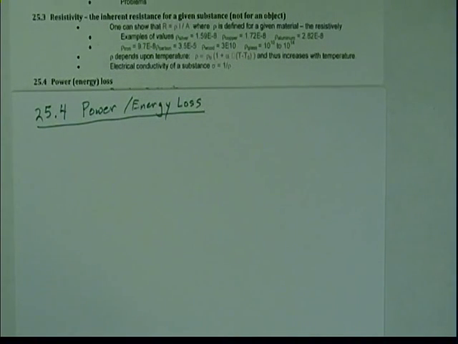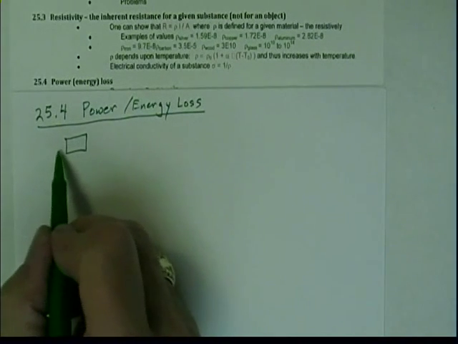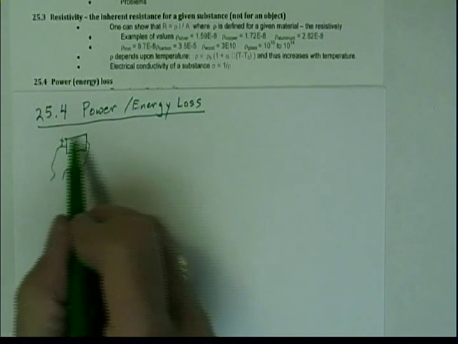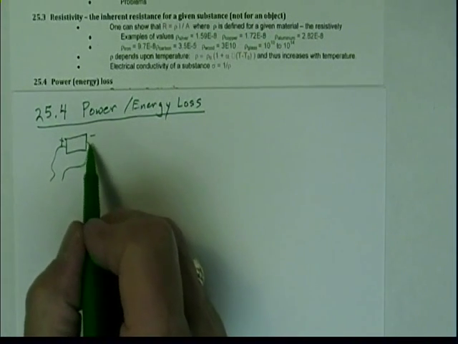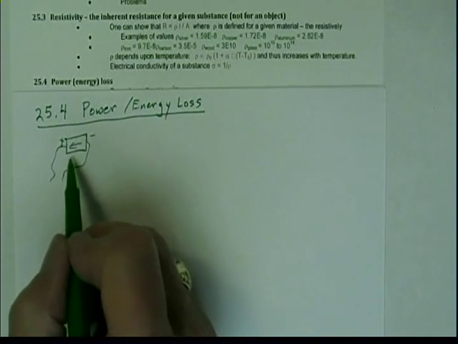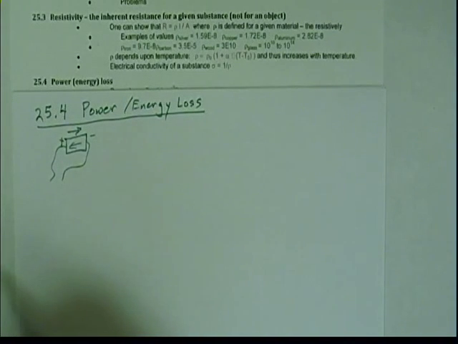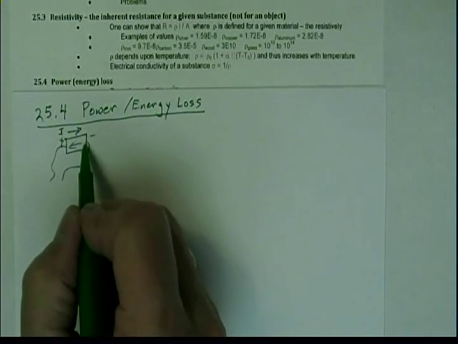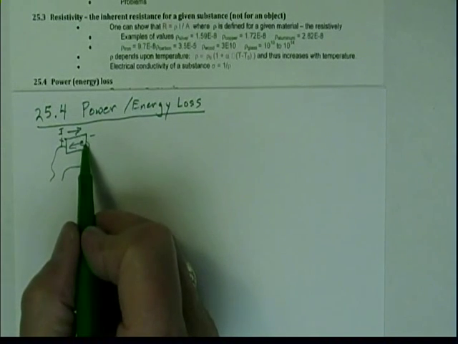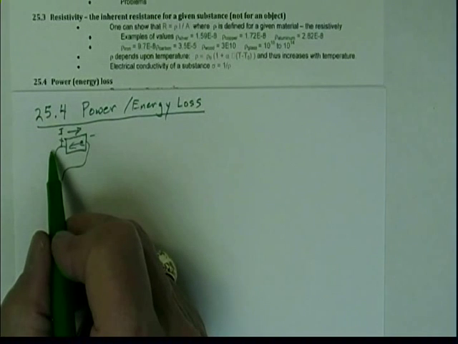So as the electrons race through something, here's an object, again connected to a battery, and as a potential difference exists across these, the electrons are going to try to go from the negative to the positive. As they go this way, and remember that means that the current flows in the opposite direction. So I goes this way when the electrons go in this direction. So the electrons are going to flow back here, but they have to fight to get through the material,